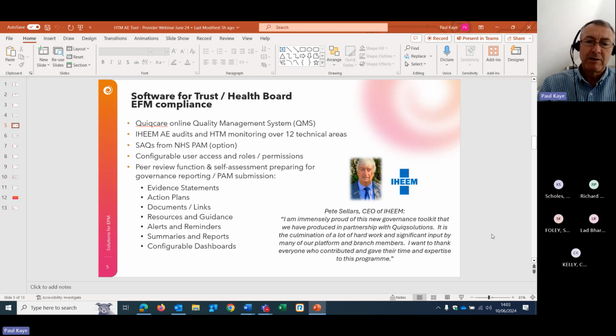Then it's about doing something about it. So we have action plans which you can link to the standards that you're working on. We have document management. We have an audit tool, so you can build your own audits and surveys on the system, or in this case, we can pre-configure them. So it's a very flexible platform, very powerful platform.